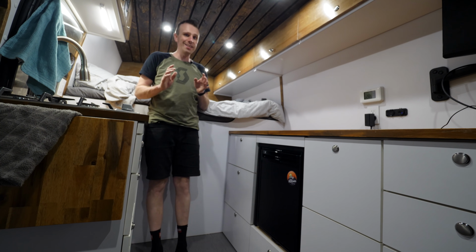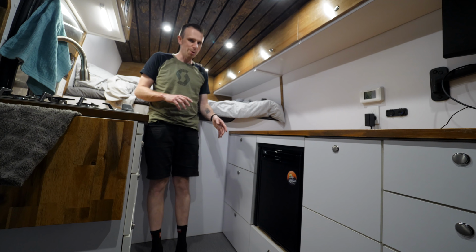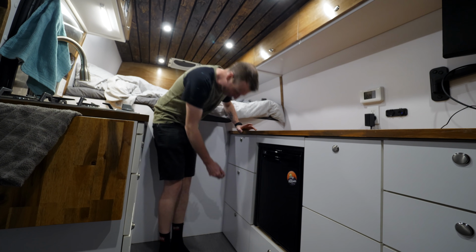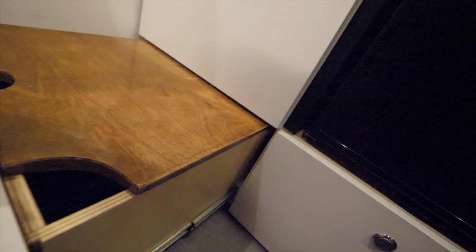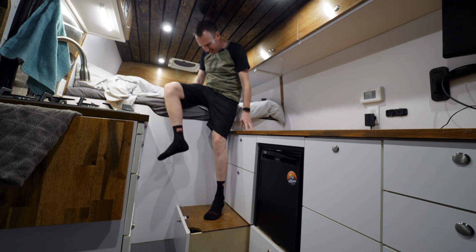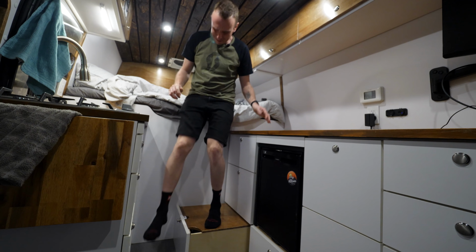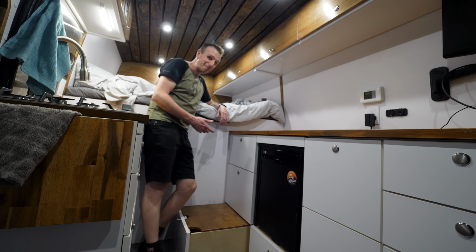Now, I haven't yet used what I'm about to show you. When the time comes, it will be ready. Underneath, something I have used, is this step. I didn't think I was going to use this at all. I thought I was going to just leap into bed every night. But boy, am I glad that this step's here. Just makes it more, you know, civilized or whatever. Storage underneath there, this picks up. And then above it,